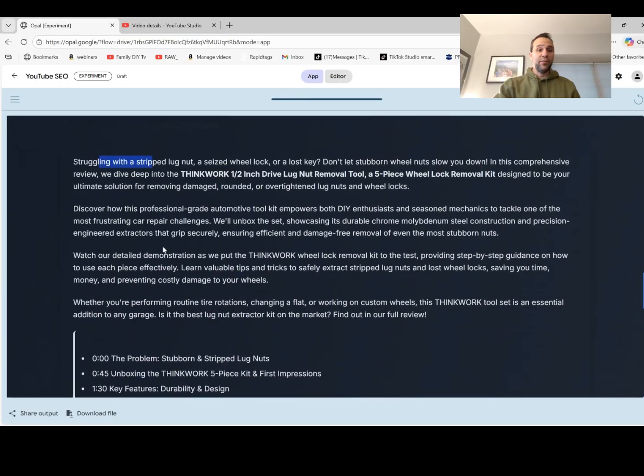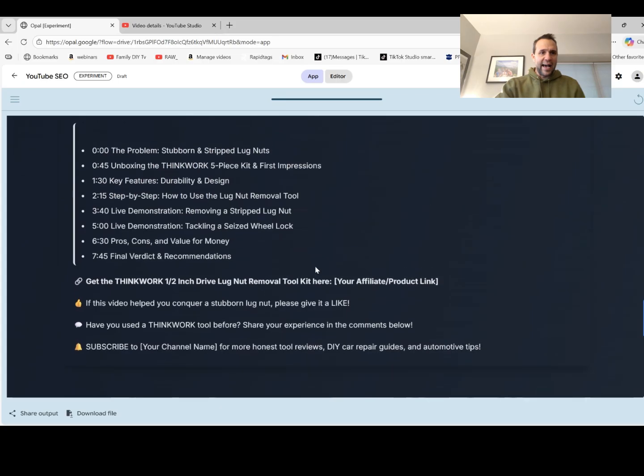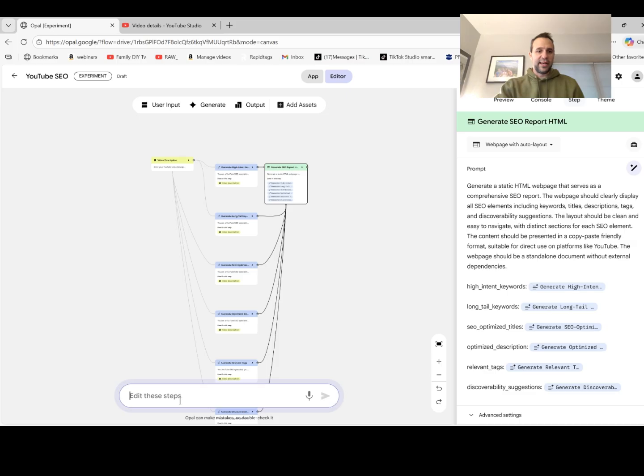So now what we're going to do is you can see, but it's giving me description. It's giving me even some scripts here, all the tags. But it's all in black. I'm not sure why that is. But we can go back to the editor and we can say, I only need